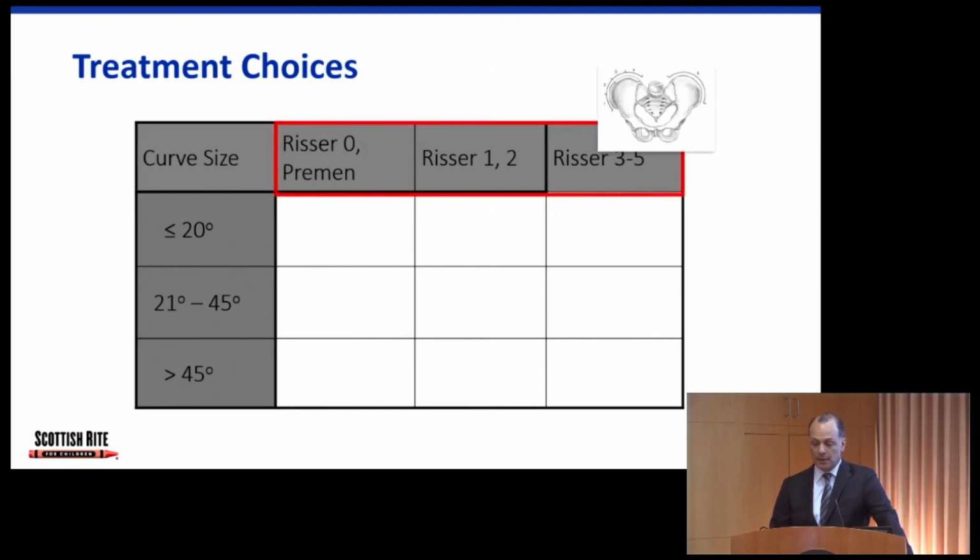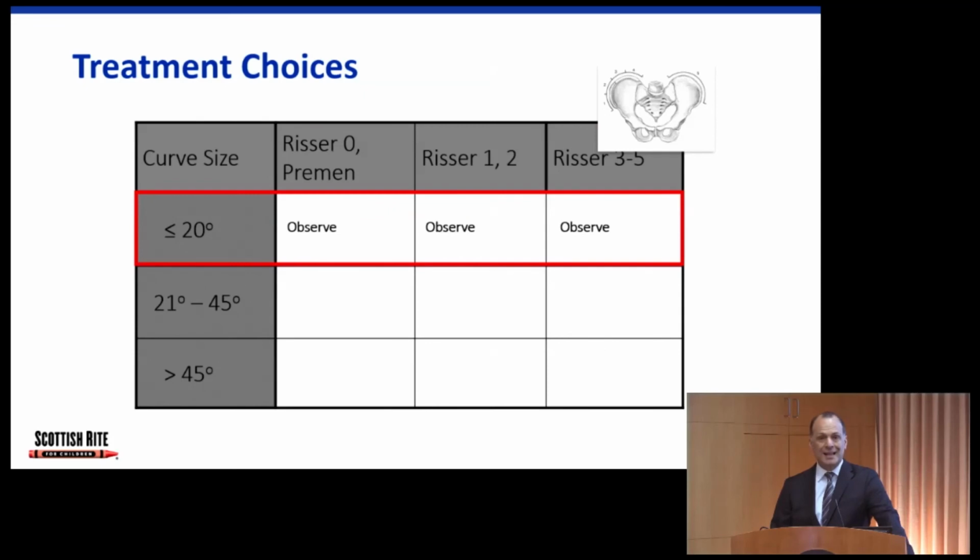And so in children who have curves less than 20 degrees, the vast majority of those patients, we're just going to keep a close eye on them, especially if they're growing fast. If we see, and you may see that a patient of yours that you referred in started bracing even at 18 or 19 degrees, it depends on many things, including the curve magnitude. But if we can see a lumbar curve in a child who's got a lot of growth left and has an 18 or 19 degree curve or 17 degree curve, some of us will start bracing, because for lumbar curves,